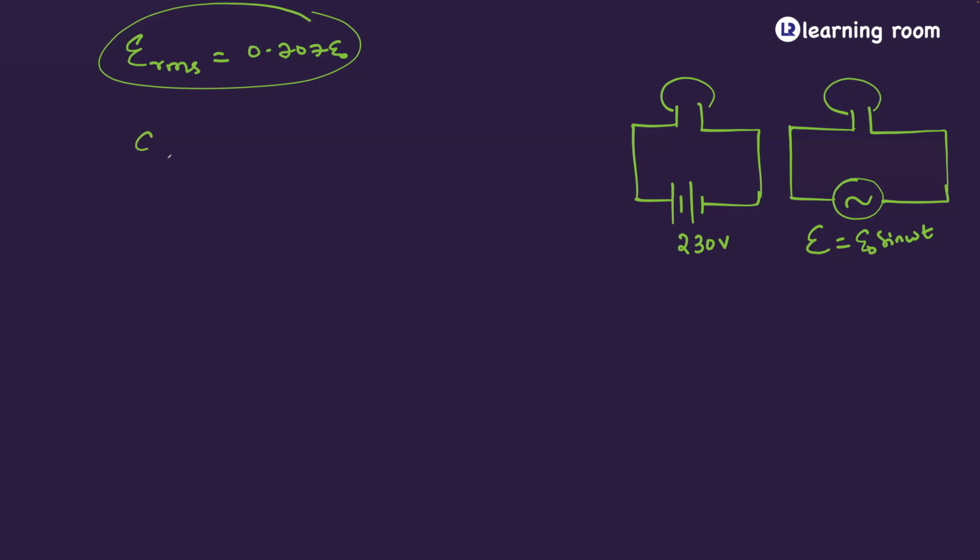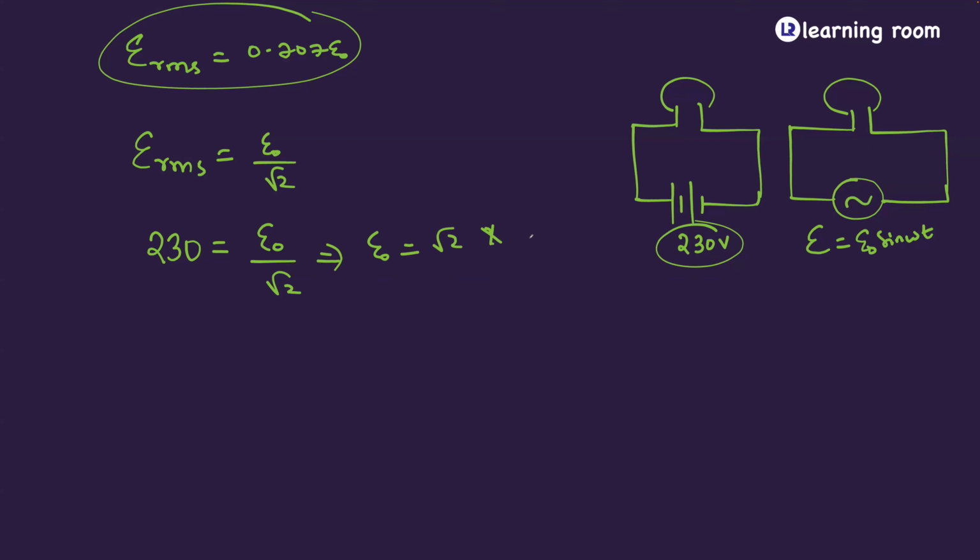So listen, ERMS is equal to 0.707 times E naught, right? I can also write it as E naught divided by root 2. So when I say ERMS in this case, the RMS value is not given, but it is understood that the RMS value is going to be 230 volt, because RMS value is the equivalent value of DC source, which can make the bulb glow with the same intensity. So 230 is equal to E naught divided by root 2. So E naught is equal to root 2 times 230, and this will approximately come out as